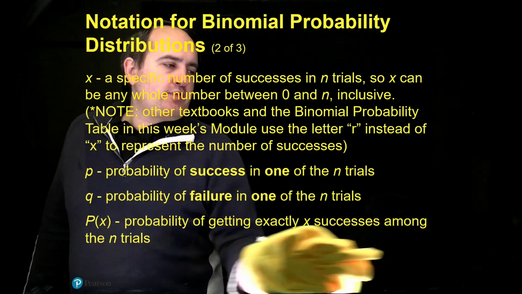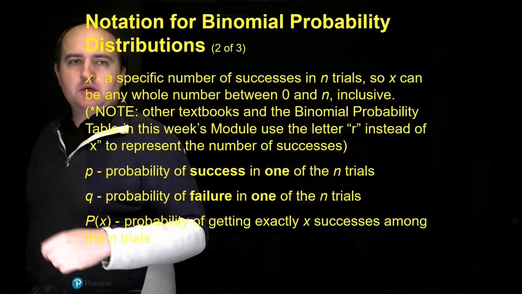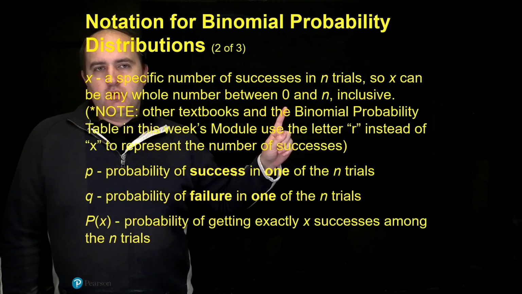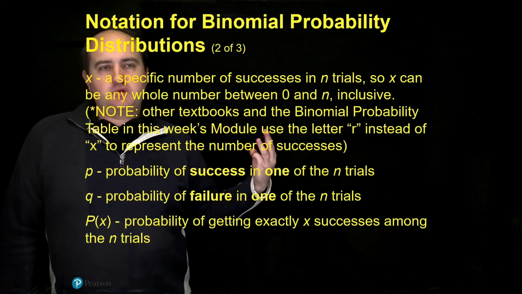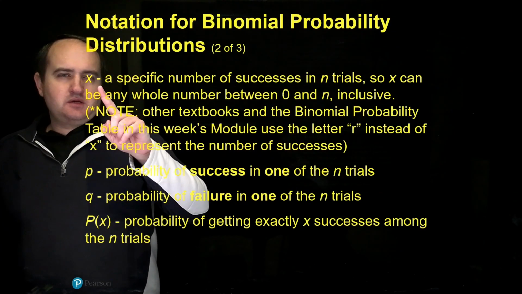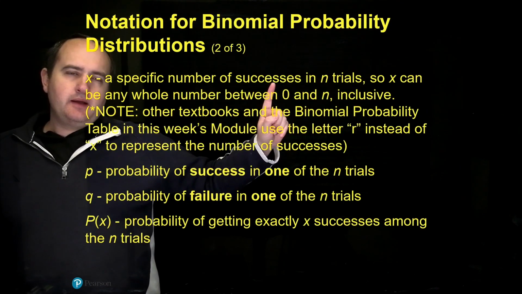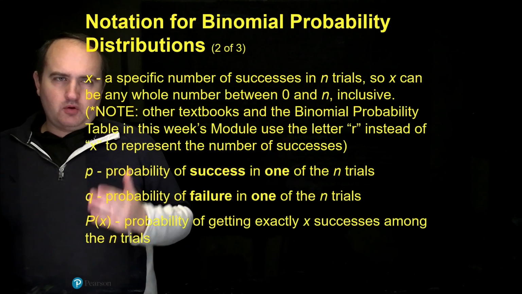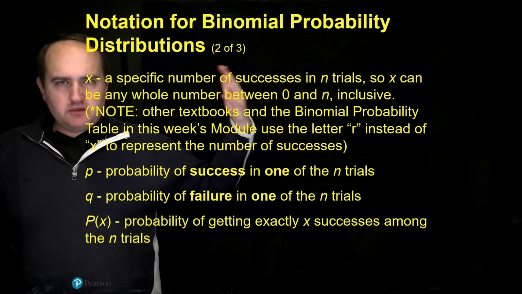So for the example that I just erased, n was 4. So x could be 0, x could be 1, x could be 2, x could be 3, or x could be 4. So x is just going to represent a specific number of successes, and it has to be a whole number between 0 and n. It can never be larger than